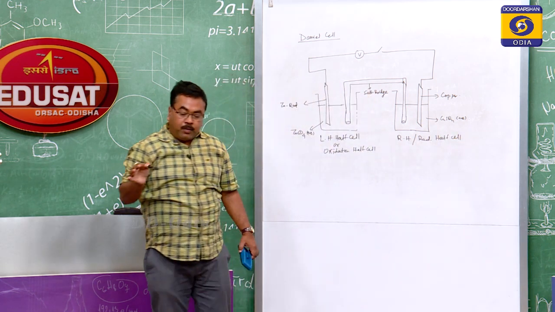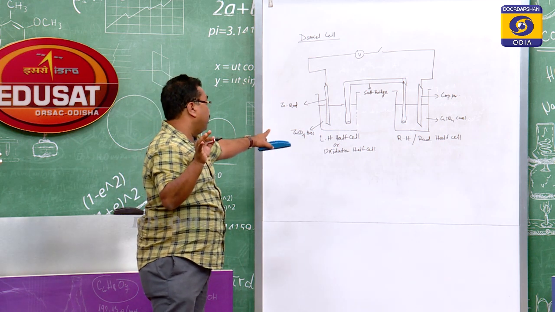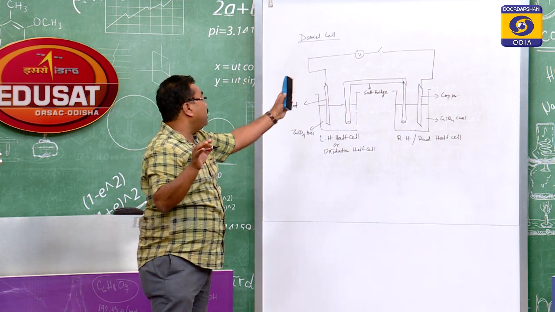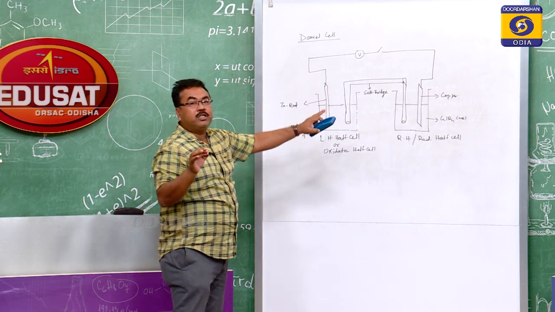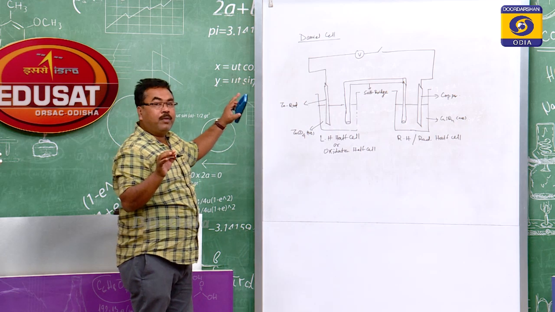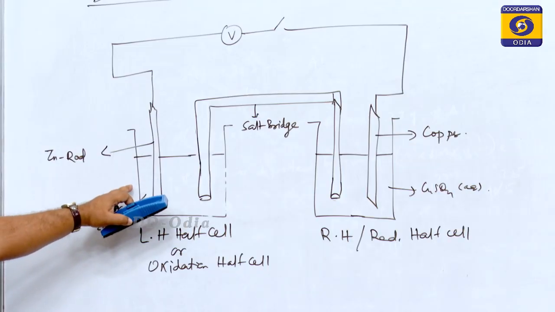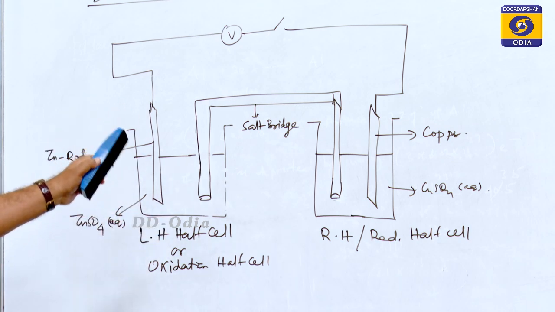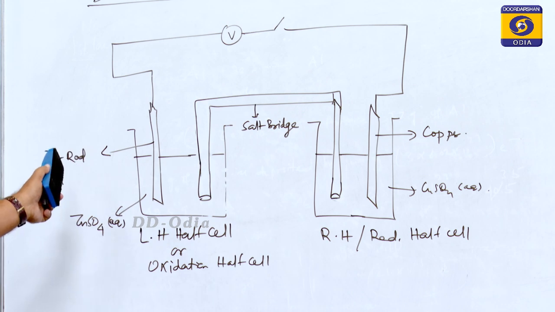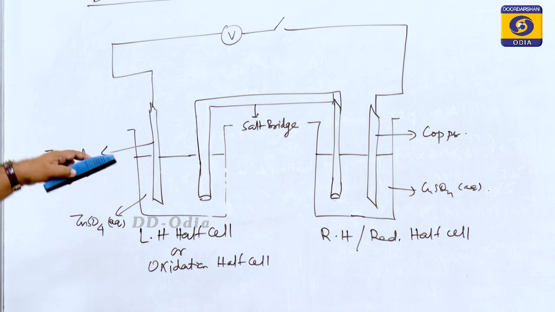So, depending upon the process going on at the respective electrodes, the names are also accordingly: this is a left hand half cell, this is a right hand half cell. So, this is how a galvanic cell is. This is the general form of a galvanic cell, where the left hand half cell or anodic compartment is on the left. This is also a convention: always the left hand compartment is made anode and the right one is made cathode.